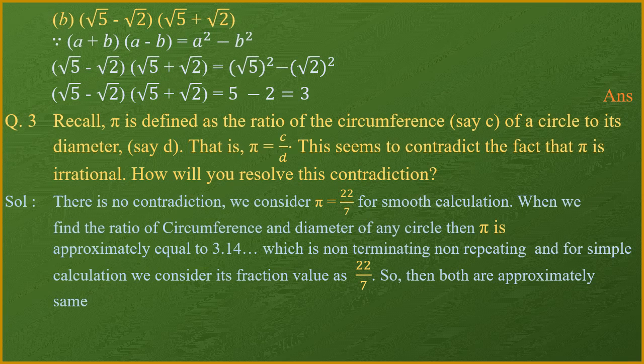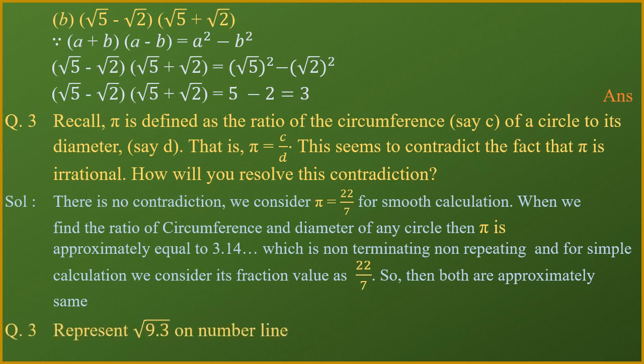But we require this particular term for the calculation of area of circle, maybe in the circumference of circle. So for making our calculations simple, we take the value of pi as 22 upon 7, which is approximately equal to 3.14. Okay, so basically they both are not equal. Exactly pi is equal to 3.142 dash dash dash. Okay, it goes up to infinite, but only for the sake of calculation we take the value of pi as 22 upon 7. Okay, so now I think you come to know they both are not equal. Only for calculation point we take like this. So this is not a contradiction.